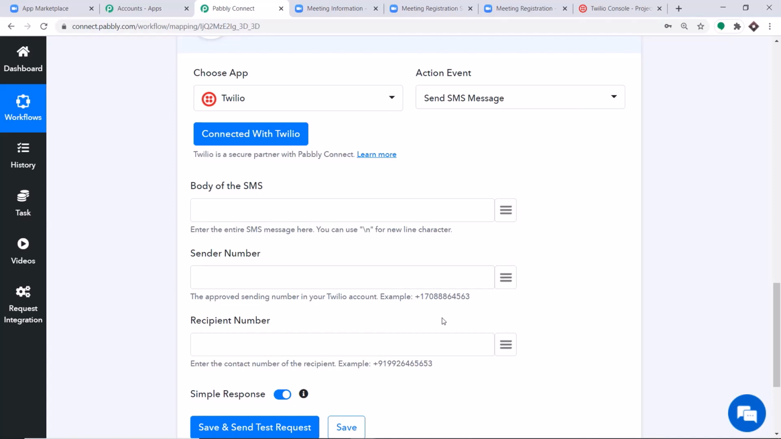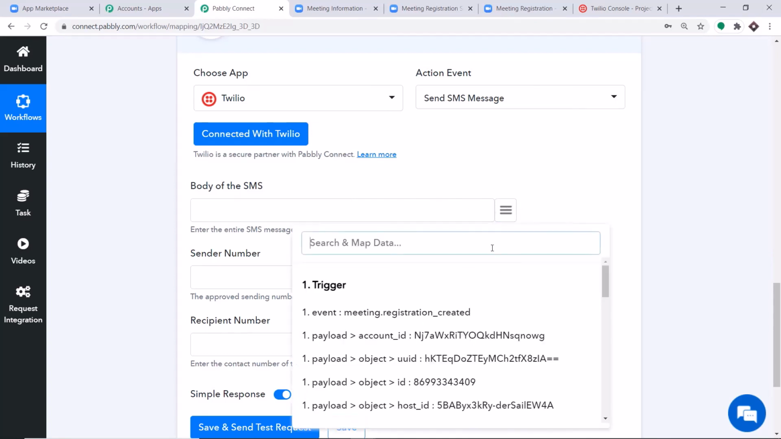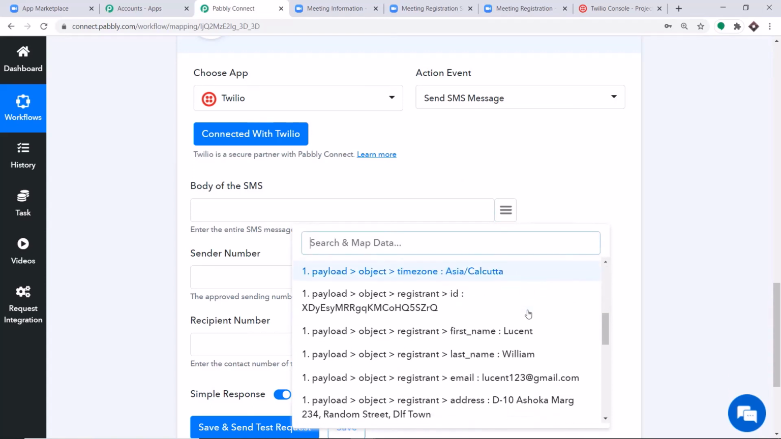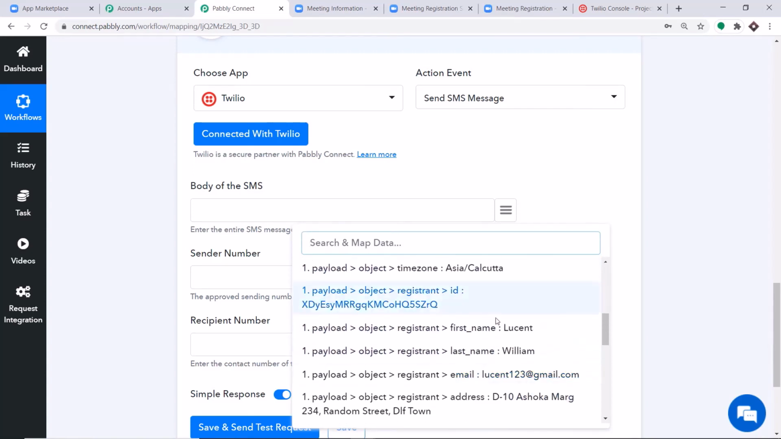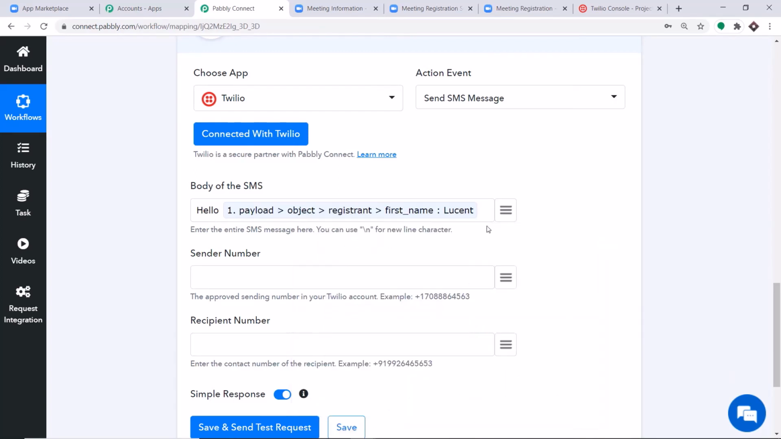So in the body of the SMS, let's start mapping. Let me introduce you to this button. This button is called the mapping button. When we click this, we will find all the data that we have received from Zoom. So in the body of the SMS, how about we map in some details and create a short SMS. Okay, so how about we start with hello. Hello, and just map in the name. So this is how you map the details. Hello Lucent,